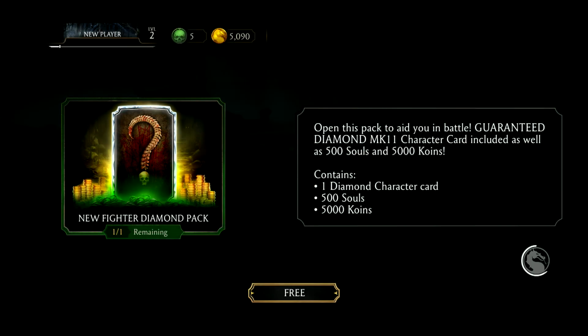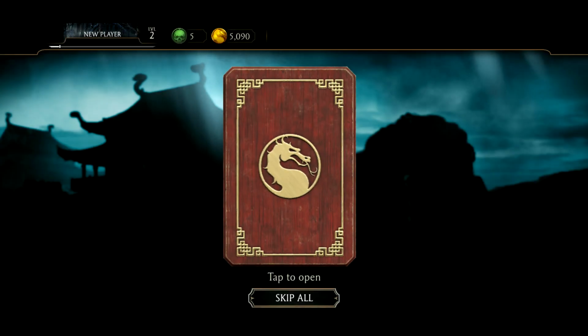Let's start with the beginner pack. Well, it's changed quite a bit. Last update, you were able to pull silver still, which I don't know how that happened. But what is important to note is that the MK11 Diamond Pack is still in effect. It's still there. When you complete the tutorial, you have a chance of dropping that pack, and what you're looking